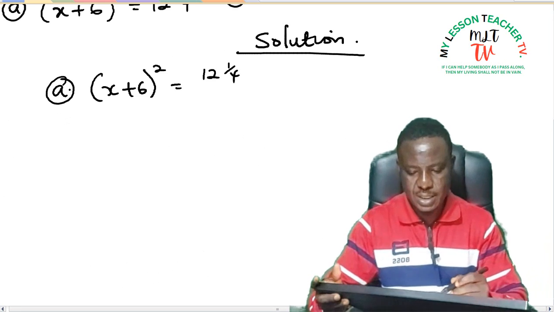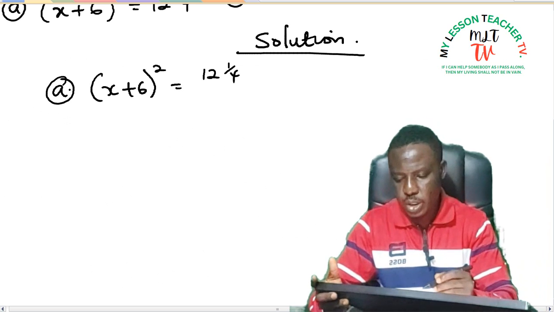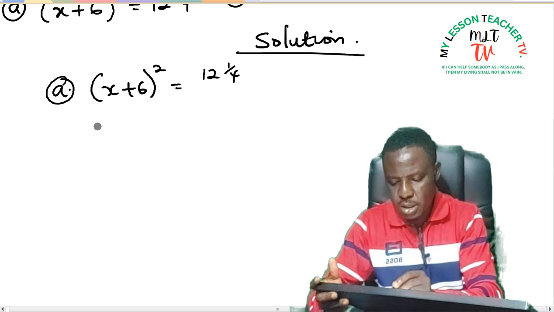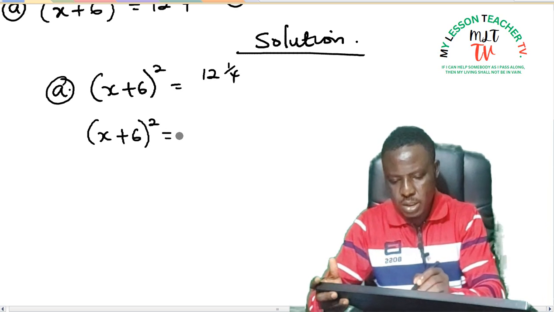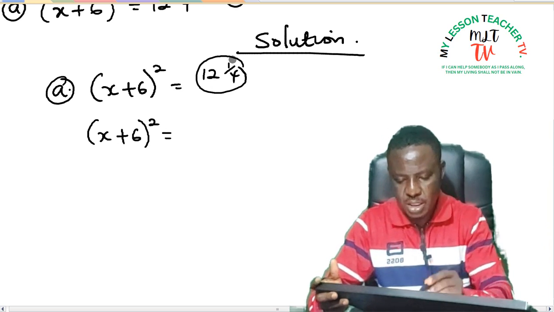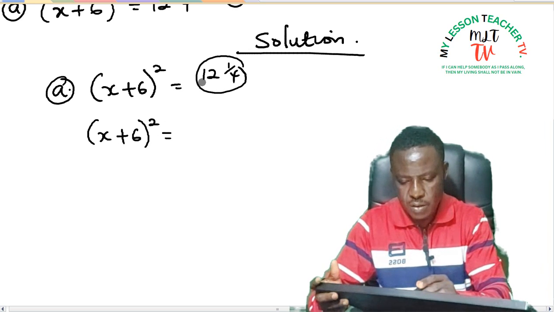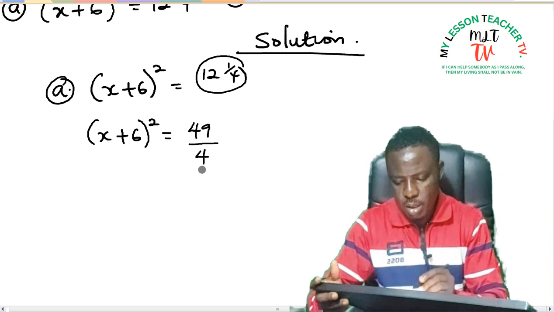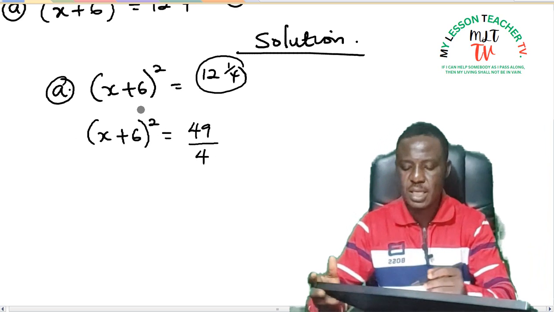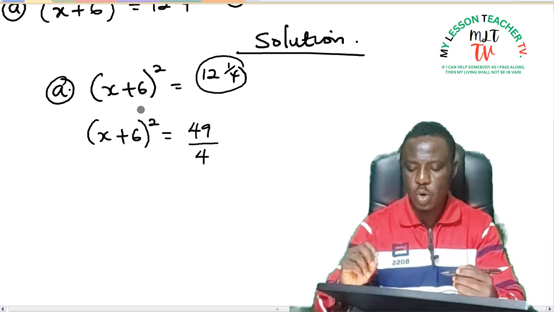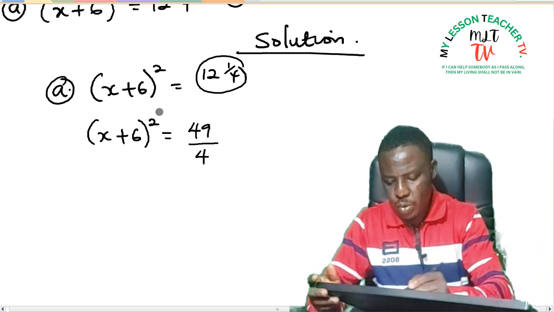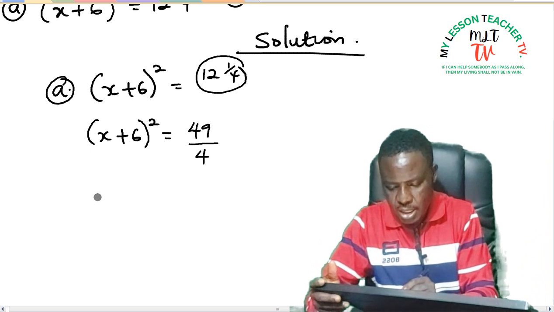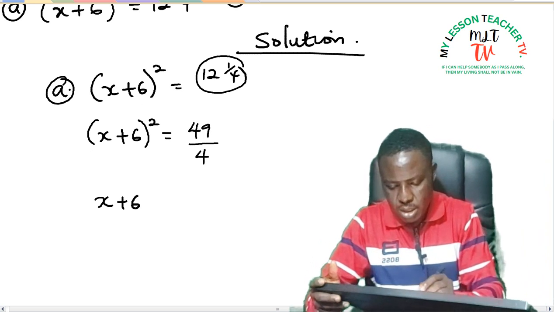When you have a question like this, what you're expected to do is to simplify it. This is bracket x plus 6 squared is equal to, I'm going to simplify this. 12 times 4 is 48, plus 1 is 49/4. So instead of expanding this, I can just go ahead and look for the square root of both sides. When you look for the square root on the left hand side, you are left with x plus 6